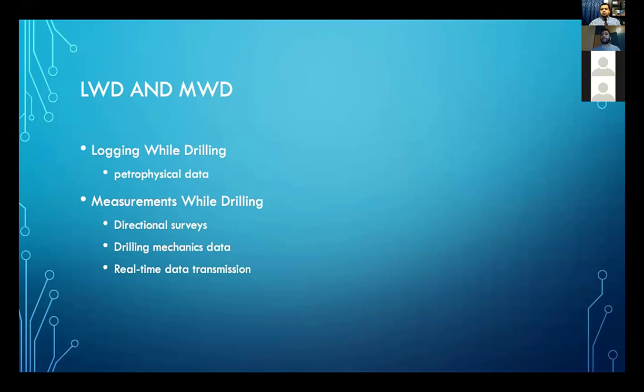Advanced ones can reach up to 24 bits per second. Commonly, it's 6 bits per second. The old methods used to max out at 1 or 2 bits per second. So the mud pulses are received by a pressure transducer at surface and decoded into bits, which are put together into words